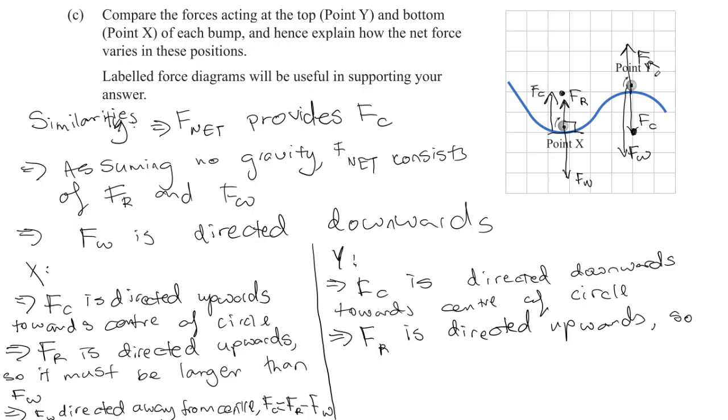So, we know that the net force is the total of the weight force and the reaction force. So what are we going to get? This means that the weight force, which is the downwards force, must be larger than the reaction force, which is the upwards force, so that the net force can be downwards, and the net force is the centripetal